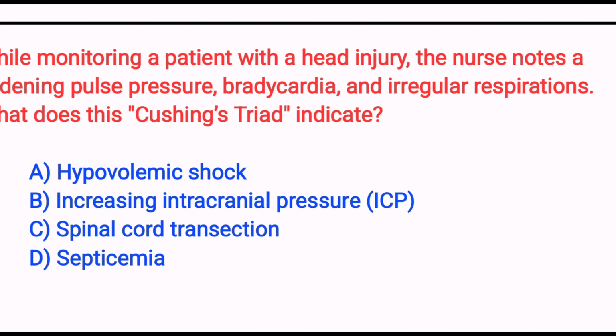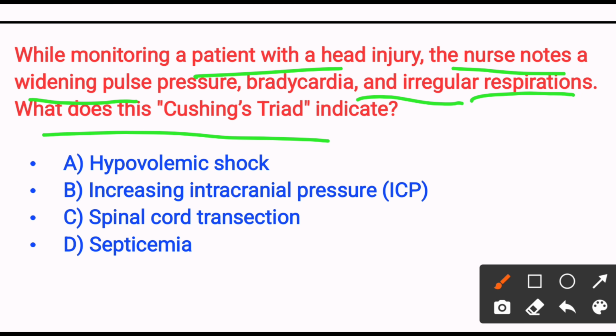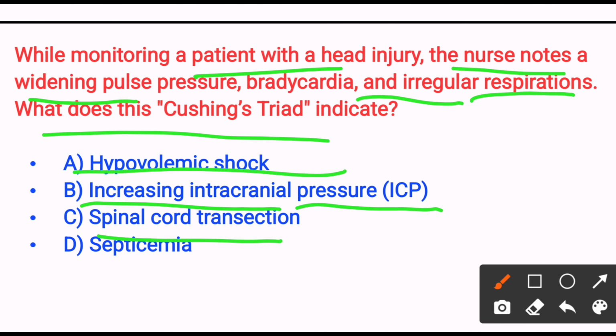Next, while monitoring a patient with a head injury, the nurse notes a widening pulse pressure, bradycardia and irregular respirations. What does this Cushing's triad indicate? Option A, hypovolemic shock. Option B, increased intracranial pressure. Option C, spinal cord transection. Option D, septicemia. The answer is option B, increased intracranial pressure, because Cushing's triad is a late sign